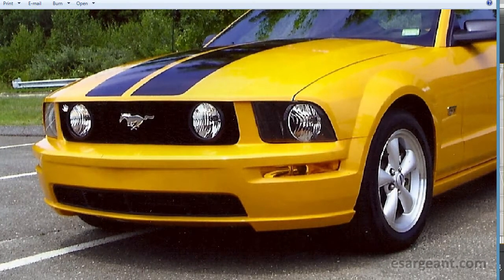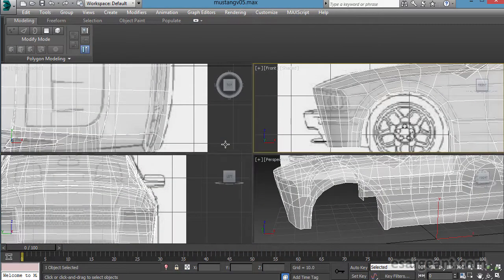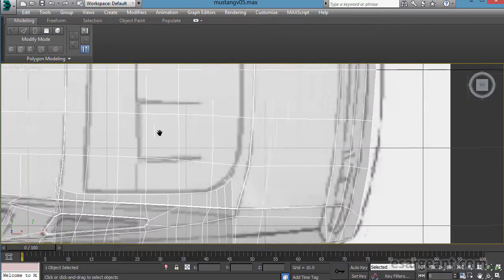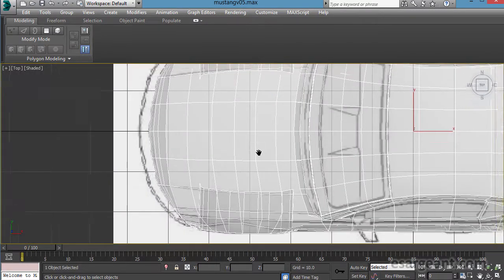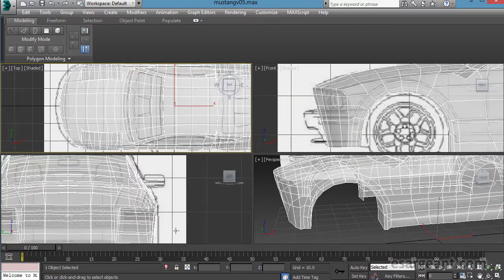add in this detail. We want to try and create this lip across the top of the hood, and then I'll probably wrap that round to create the top of the bumper and then build that geometry up here and here, and we'll worry about the lights separately and see if we can add in some extra detail here. So I'm keeping this up the whole time that I'm working on this and just assessing the situation from all different angles. You can see how the front bumper comes out there,